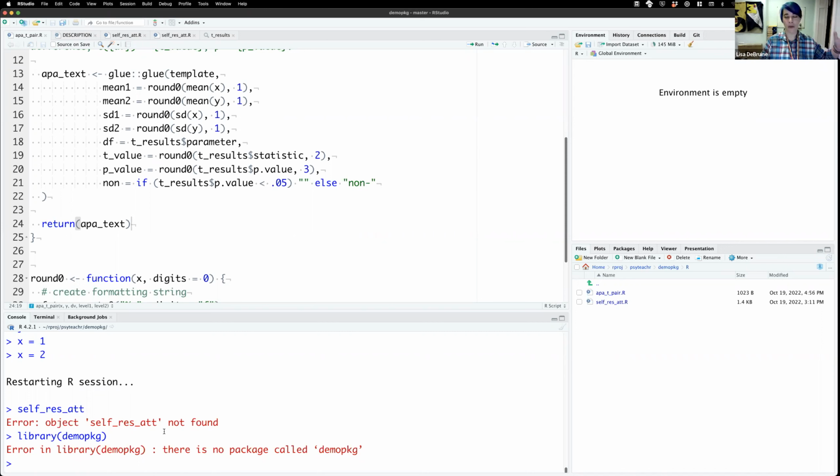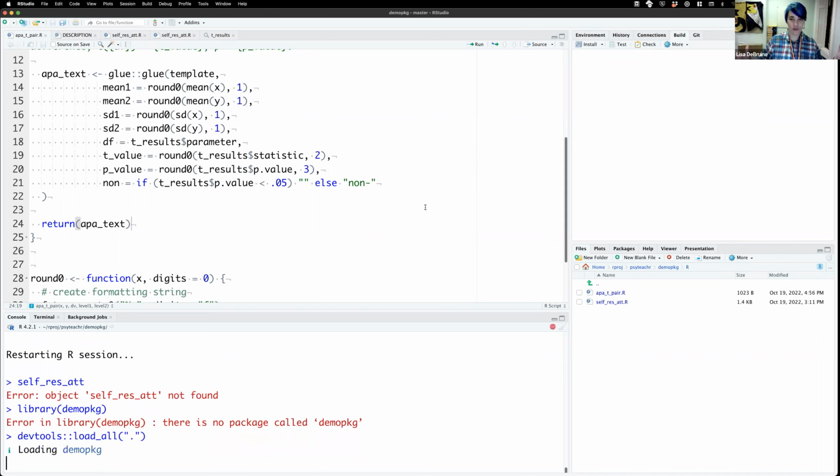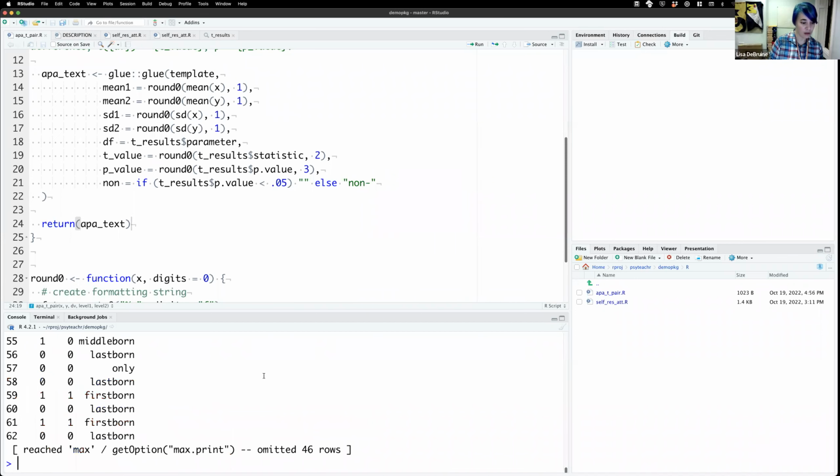You don't want to be accidentally using it in other places or using the installed version, even though your development version is further ahead and has new functions. If we use load all every time, in the build tab, load all, it's just loading the development version for us to work on while we're developing. That's the best way to work on things. So now that it is loaded, we can load selfres at,